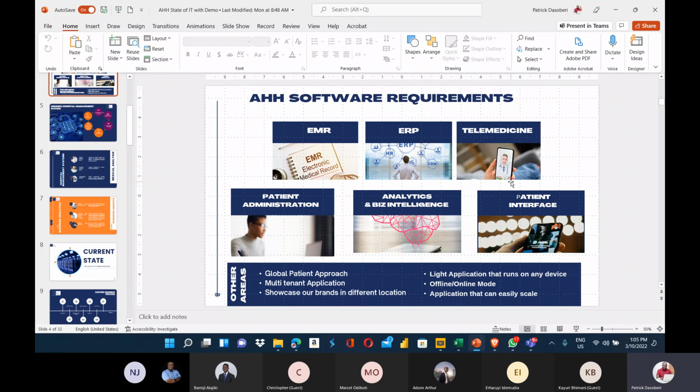And in our timeline, we have been able to do the EMR part, the ERP part, and we are in the process of delivering on the telemedicine part. The patient administration part and then business analytics is something that we are going to go into somewhere before the end of the year. But for us, what is also important is that the application we are delivering should have